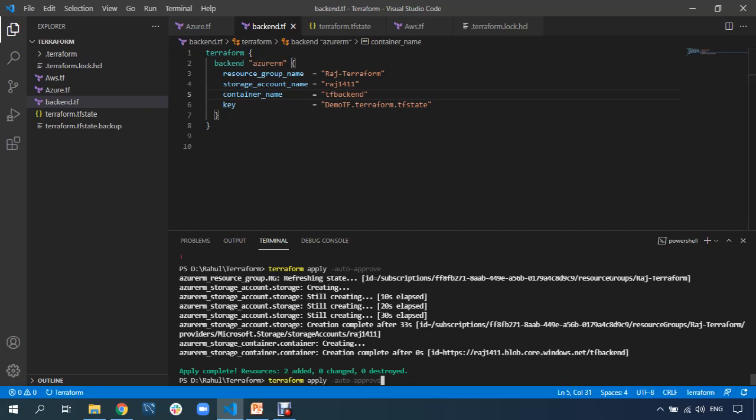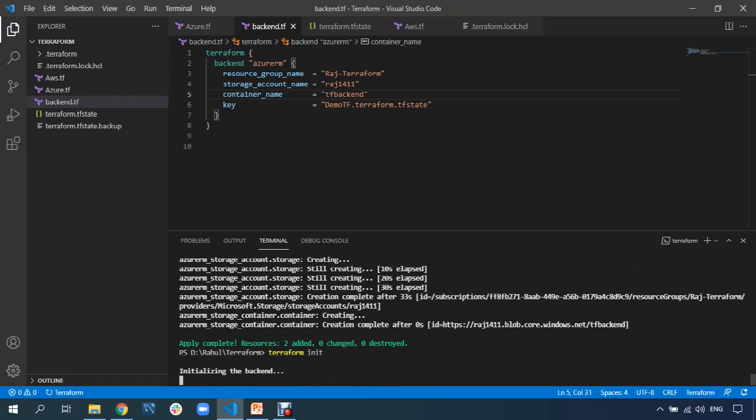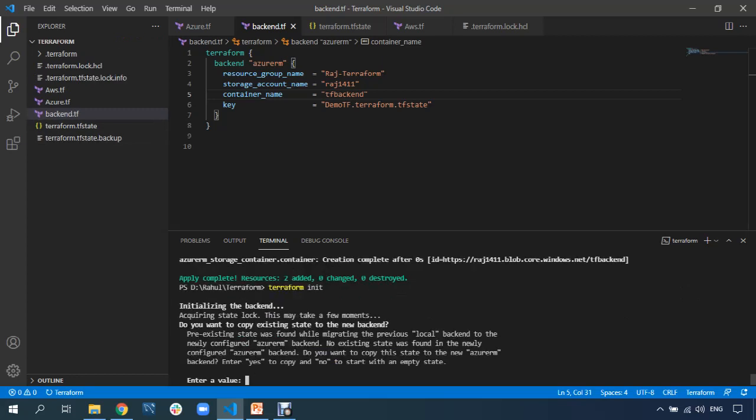Now run Terraform init first, because you are going to change your backend. Whenever you run Terraform init, it initializes the backend settings. It initializes where this Terraform state file is kept: in your local machine or in a remote machine? That is the use of the Terraform init command.